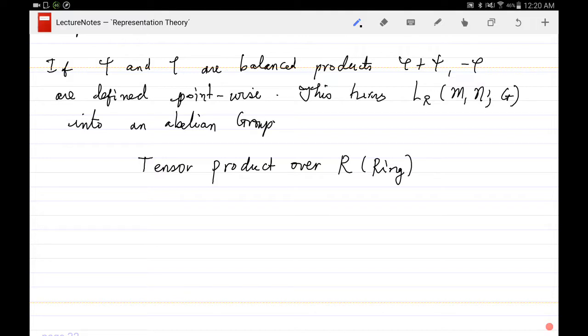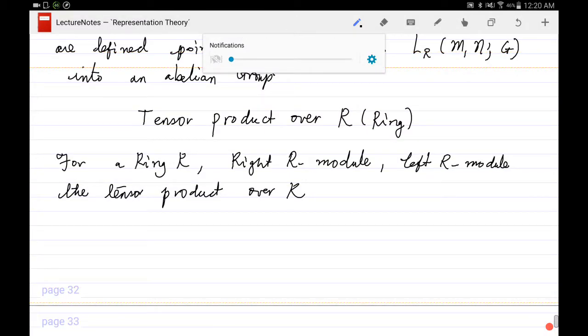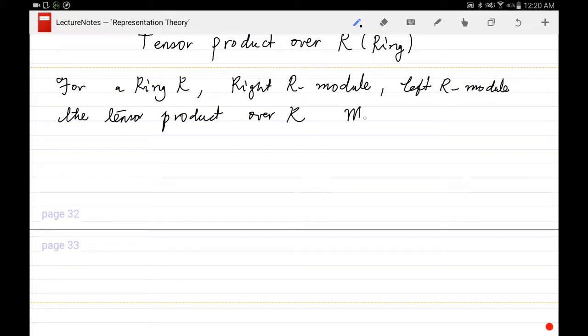So for a ring R, a right R module M, and a left R module N, the tensor product over R, which we shall denote as M tensor N,